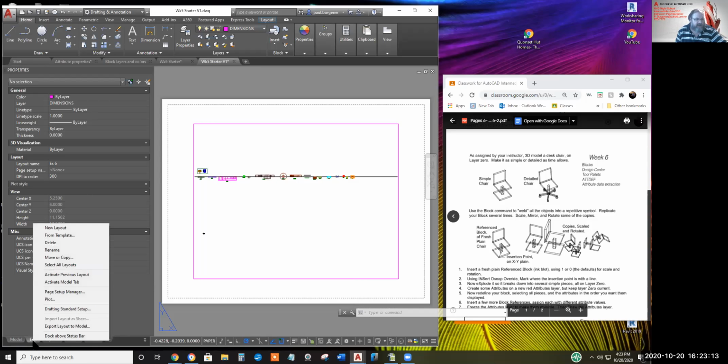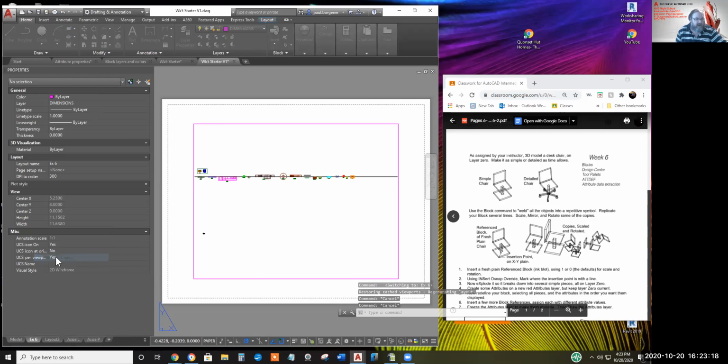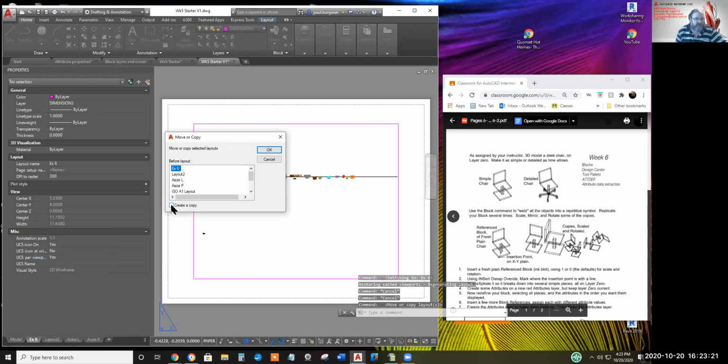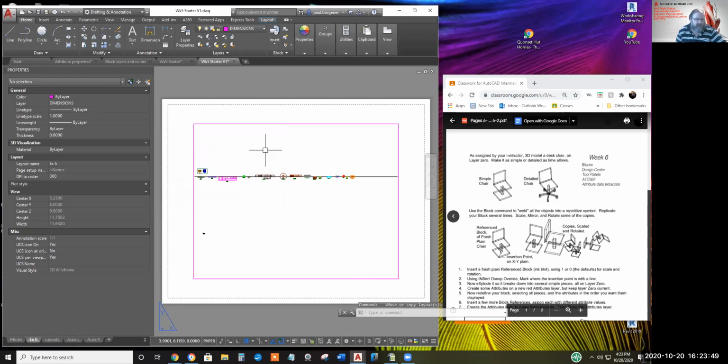Right click on a layout tab, click move or copy. And here's the part I always forget. Put a check mark down here and create a copy. We'll put it at the far right end. I'll say move it to the end instead of before one of the existing layouts. I'll say put the copy at the end. Again, check the create a copy box. Click OK,